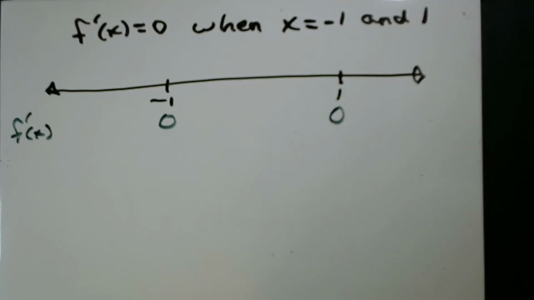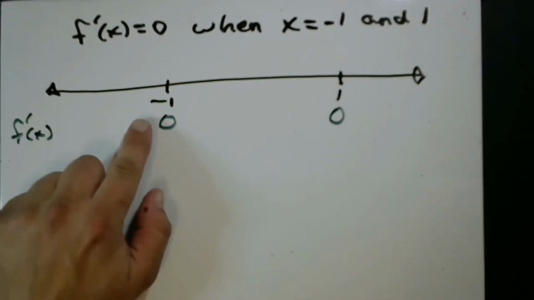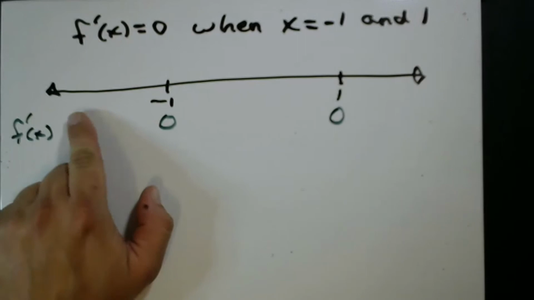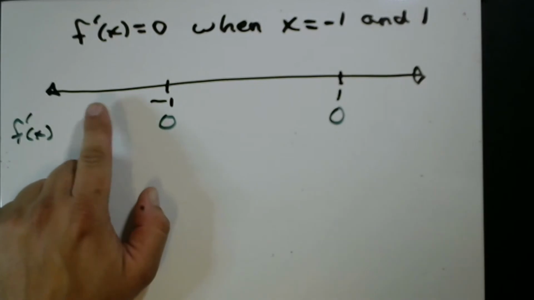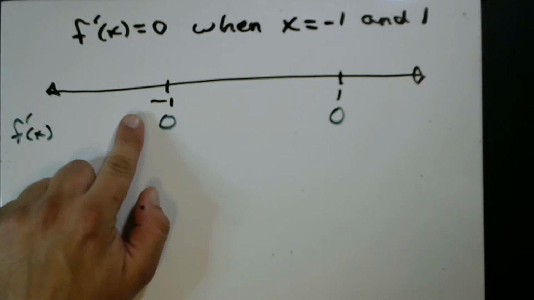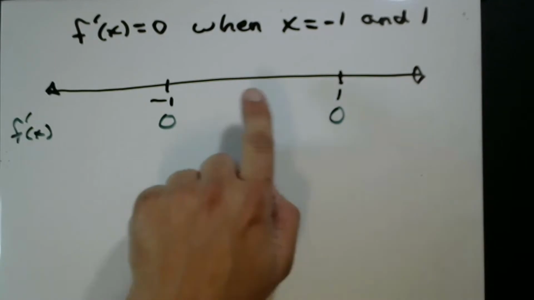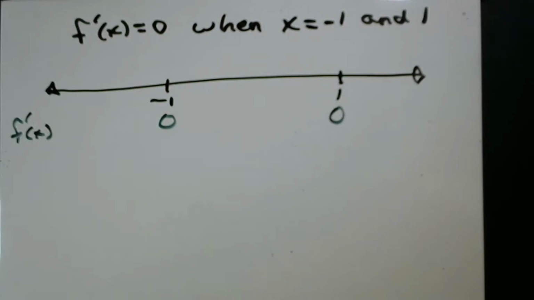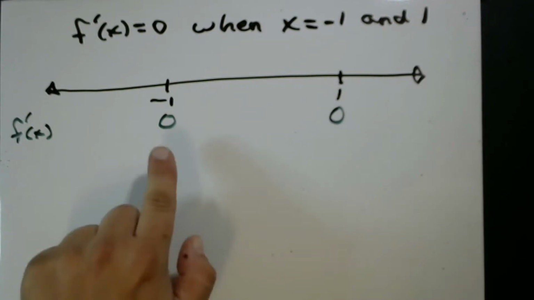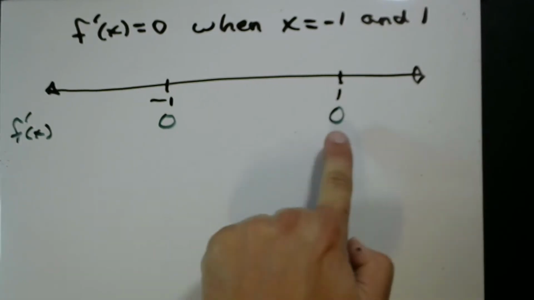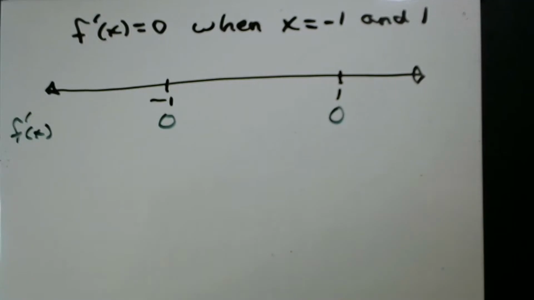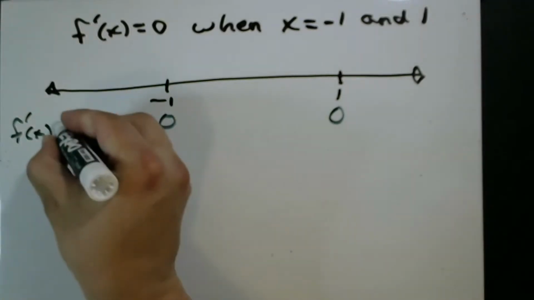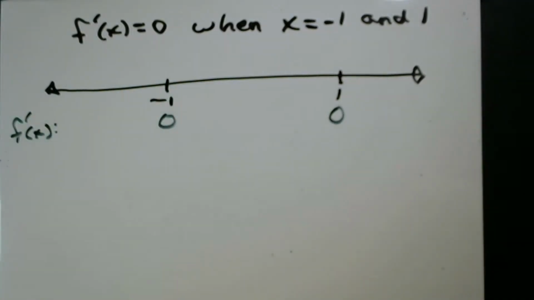So now I need to figure out what's the value of f prime of x, or what's the value of the tangent slopes before we get to -1, between -1 and 1, and then after 1. Now, these are the only locations where the first derivative is 0. So what that means